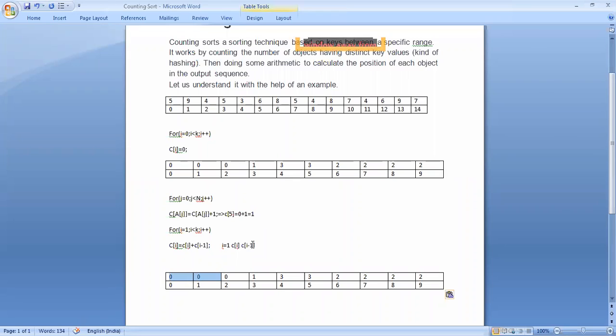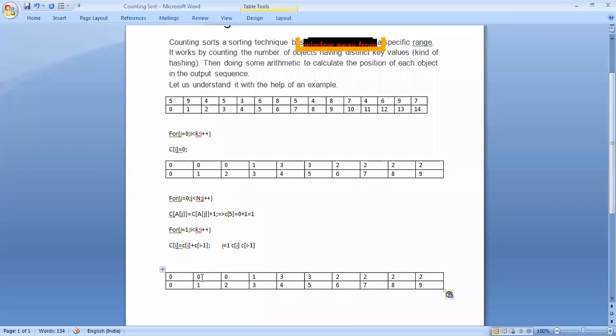So now the value is 0. And where will you store the value? ci means c1 position. So now we can store the value here.